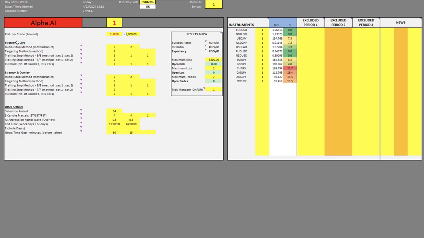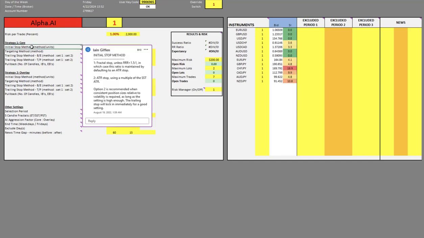Okay, so let's just run through these quickly. And you'll notice that they're identical for both the core and the overlay strategy in terms of these controls. You'll also notice I've got them set at default to exactly the same settings. Right, so initial stop method, this is something that does work generally that you can change. We are using the second option, which is the ATR stop at the moment, just to get consistency with the